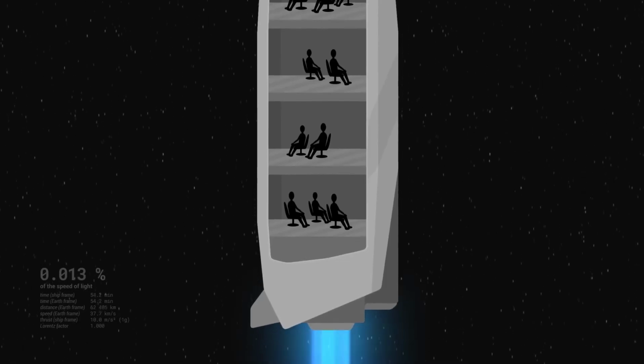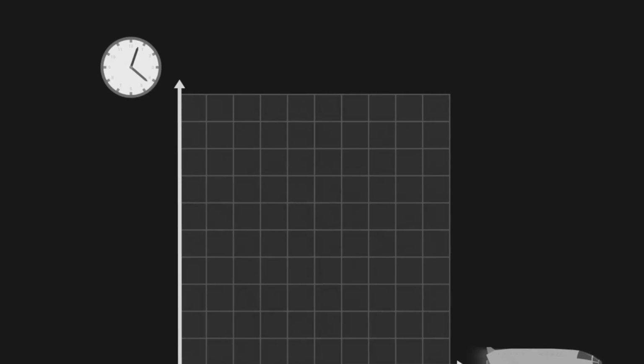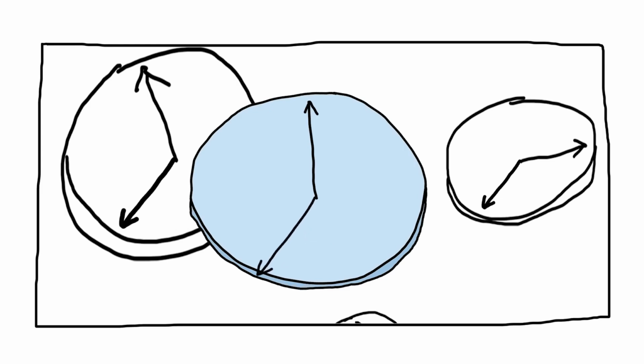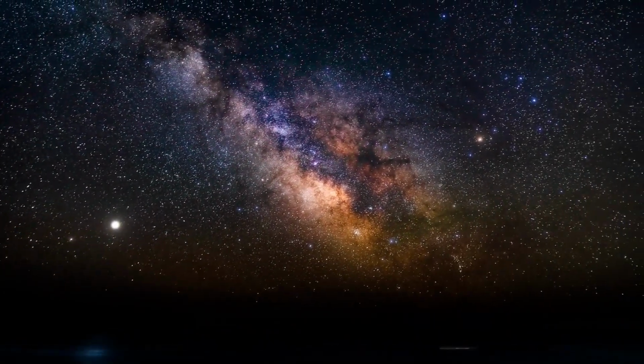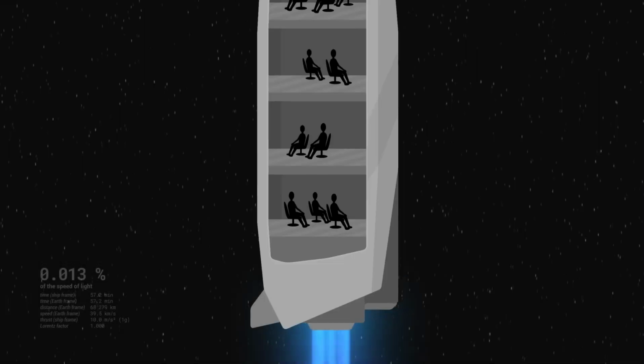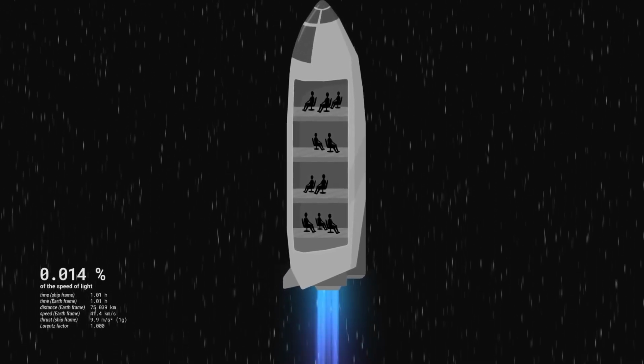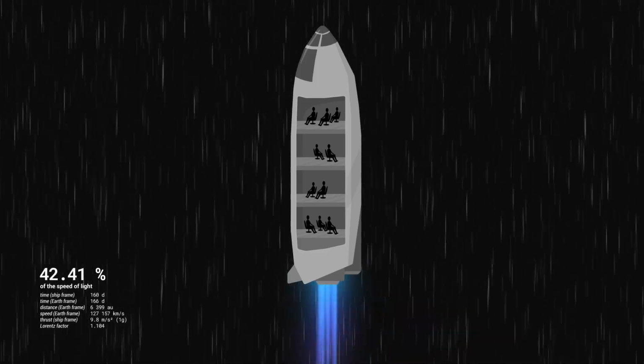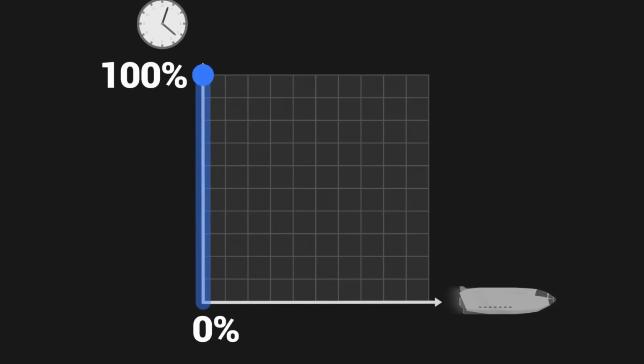Let's imagine we are moving through an immense grid representing the fabric of space. Ordinarily, we would see a straight grid made up of straight lines converging in front of us due to perspective. However, by speeding up, the aberration phenomenon distorts the image of the sky around us. As we speed up, the grid seems to contract forward, and the straight lines bend. If we were to go past an object, it would appear to be slightly angled in our direction. This is called Terrell-Penrose rotation. As we move very quickly, images of objects seem contracted in front of us, and perspective is strongly distorted.